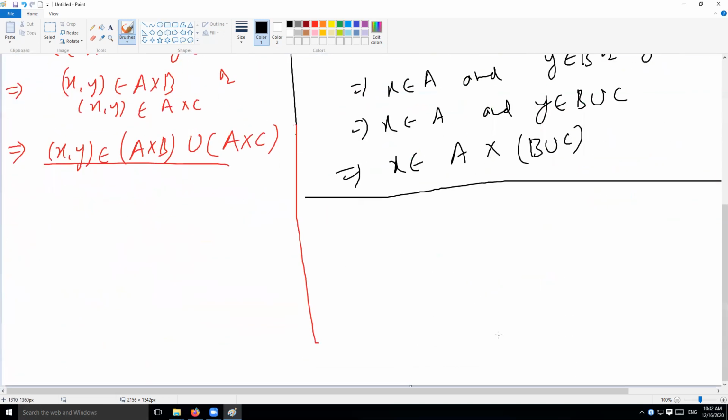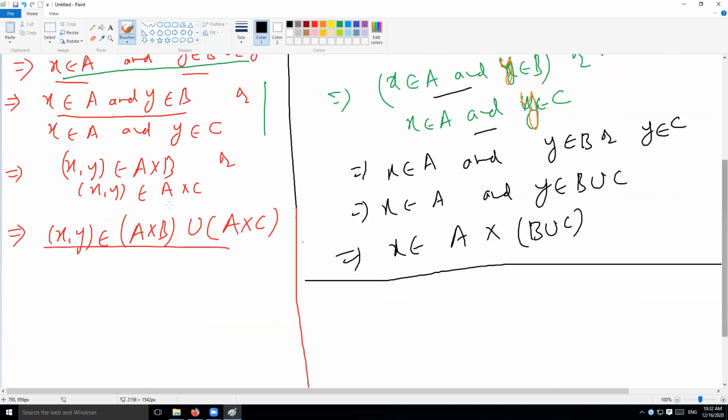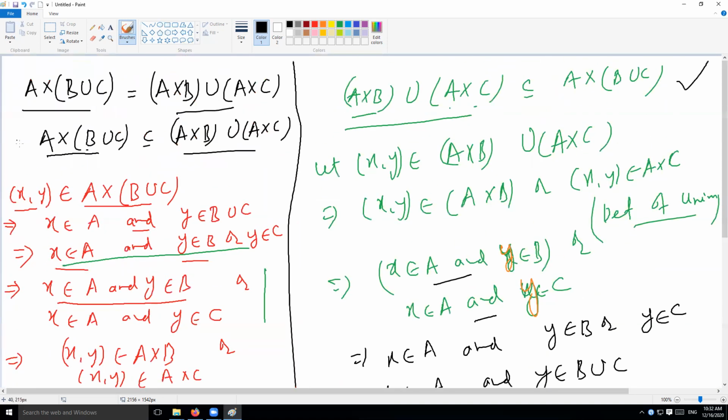So this is the proof of this identity. You can prove the second identity for yourself, and similarly you have exercises and theorems to prove. So try to do as many proofs as you can, try to solve all these exercises